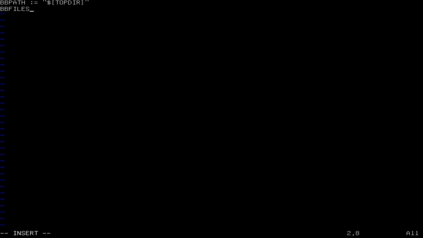BBFILES will also be empty at the moment, and we also need to specify for the build the BBLAYERS. As I said, we created earlier a layer that was stored in TOPDIR, meta-cpp-tutorial.